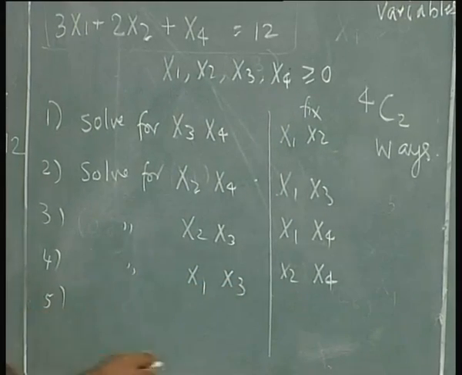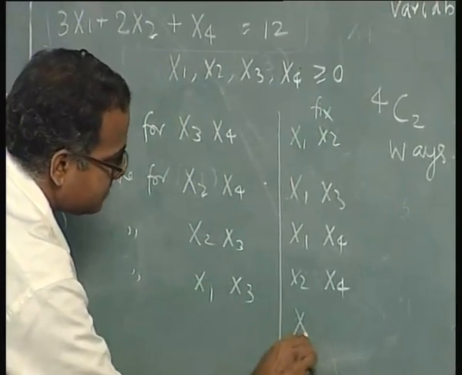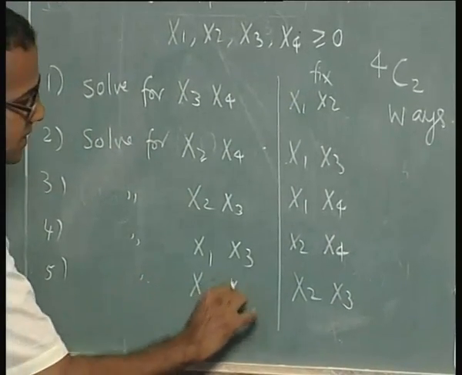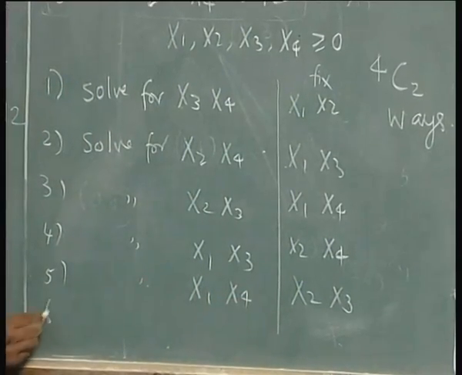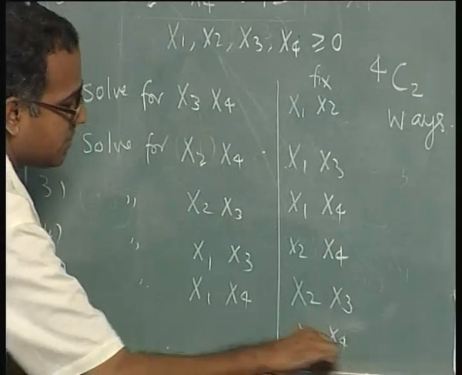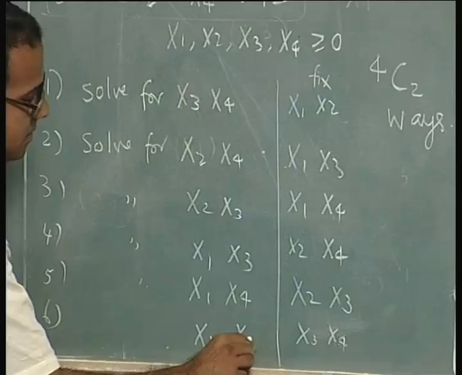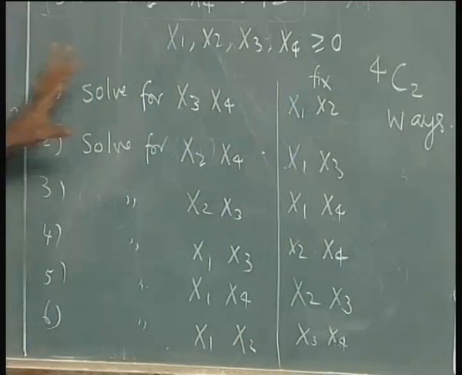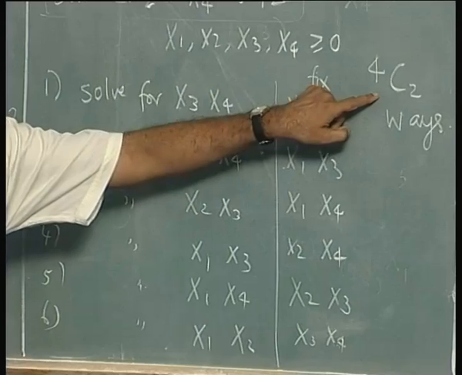The fifth one would be to fix x2, x3 to solve for x1, x4, and the last one would be to fix x3, x4 to solve for x1, x2. Now, these are the 6 problems that I have mentioned here by saying that you can solve it in 4C2